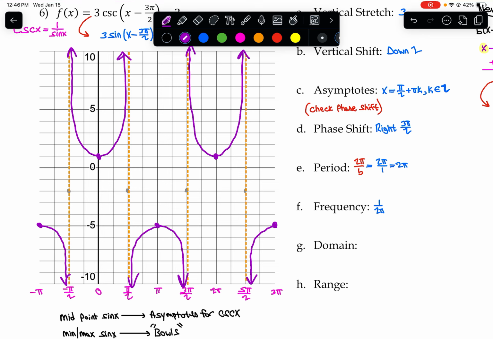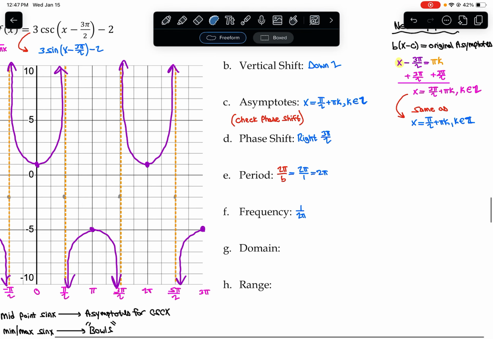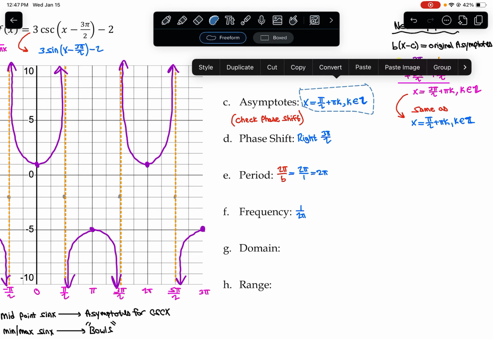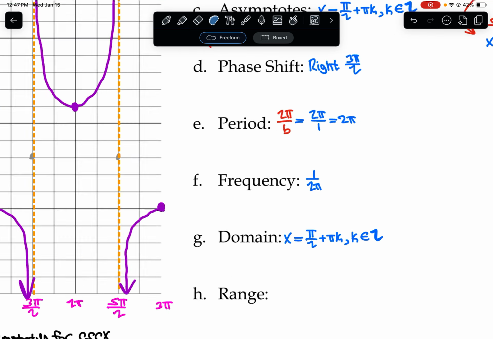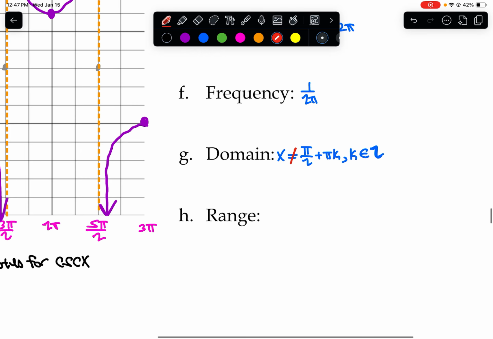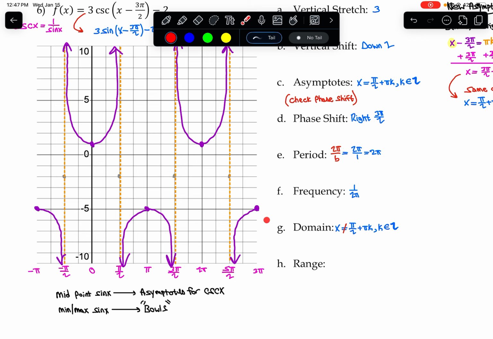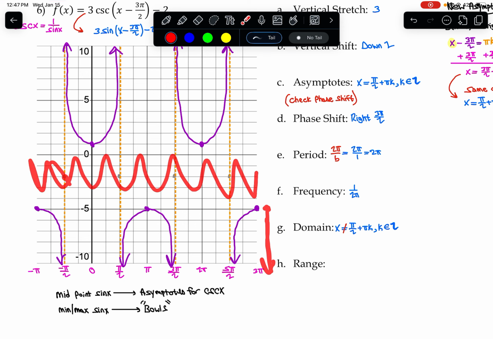So now that we just have the cosecant graph, let's look at our domain and range. So the domain, we luckily can just copy our asymptotes and then make that adjustment. So we cannot be equal to those pi over 2s. And now for the range, remember, we're going to go down indefinitely, but then we're going to stop right here at negative 5. And then we're going to have this empty space right here, so that means we're going to need a union, and then we're going to pick it right back up again here at 1, and then go up